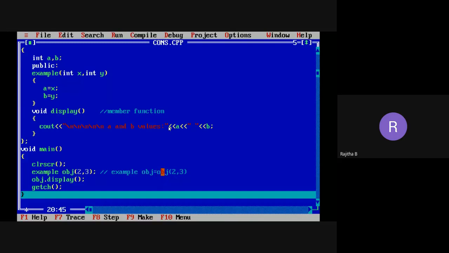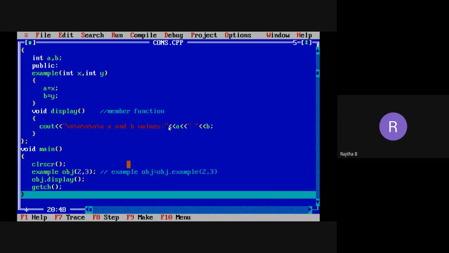Why? Because what is my constructor name? The class name. So like this, the statement will be taken as obj dot example, and the parameters 2, 3 values will be passed.